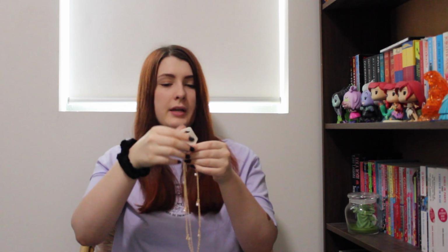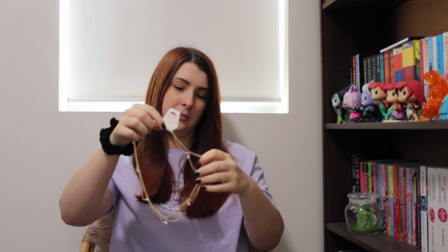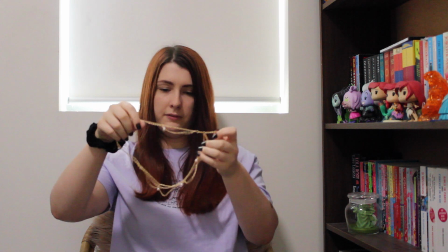Obviously, it wasn't displayed on an actual model, so I don't really know how this is going to go, but only time will tell, I suppose. I do think it's really pretty though. I wonder if this is actually going to sit on my head properly. Let's pop that open. I'm going to have to look at the photo to actually...